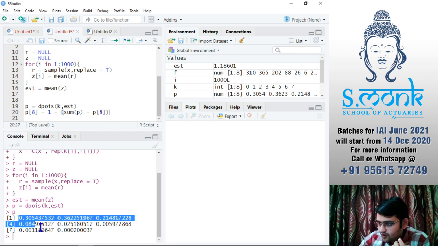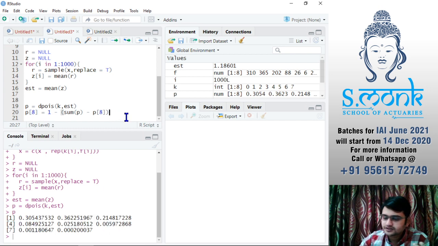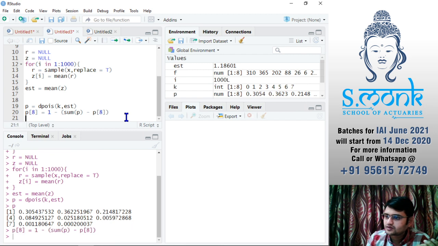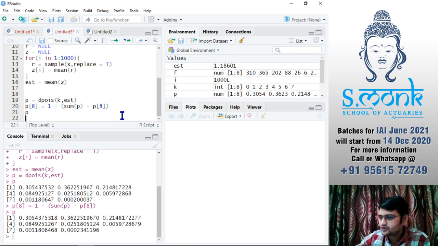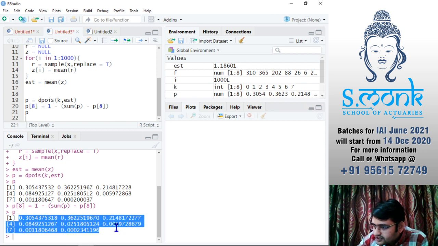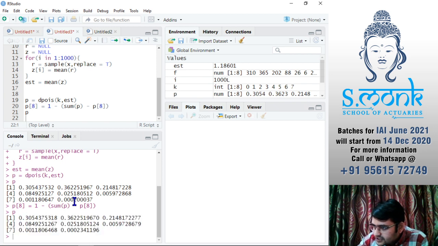So that would be the sum of these 7 values, that I have subtracted from 1, which gives me greater than or equal to 7, that I will put in my 8th place. Let's see what our p is going to be now. You can see other values have not changed except for the last value, it is slightly changed.